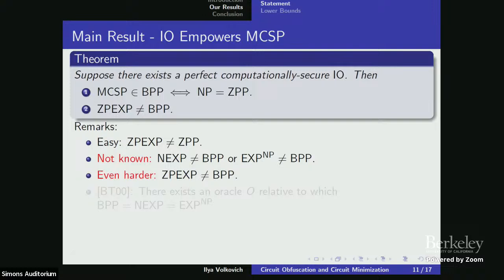And what we show is that if you assume that we have computationally secure IO, then we get those separations. We get basically this one. So this is another application. This is better than 1 bit of advice. I think it's been lying on the street for a much longer time.